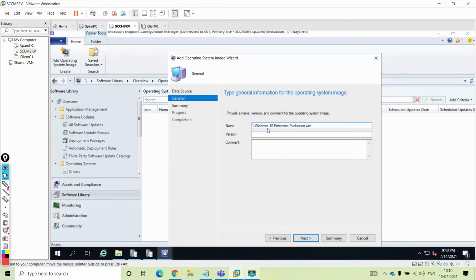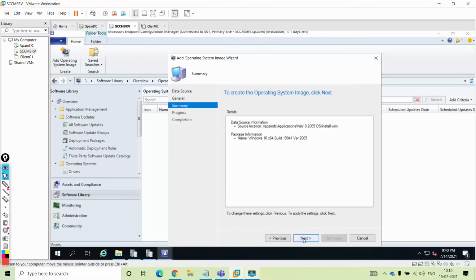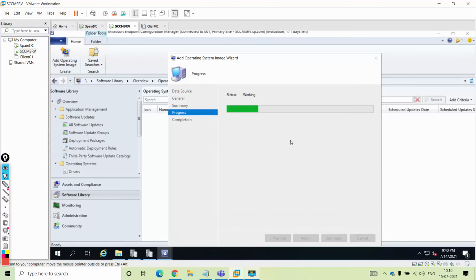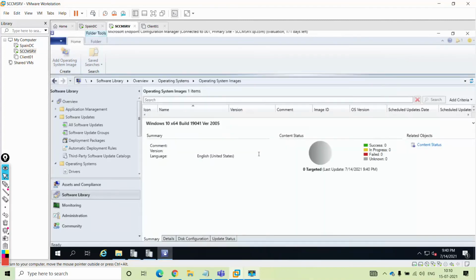Next. This is the name: I'll give Windows 10 x64. Build is 19041 and version is 2005. Next. Next. And the OS has been added.